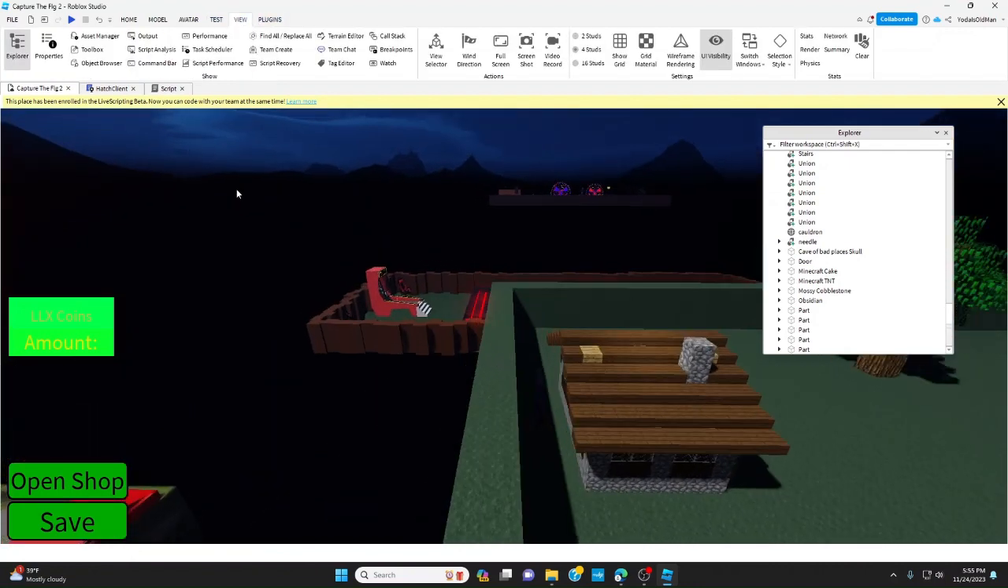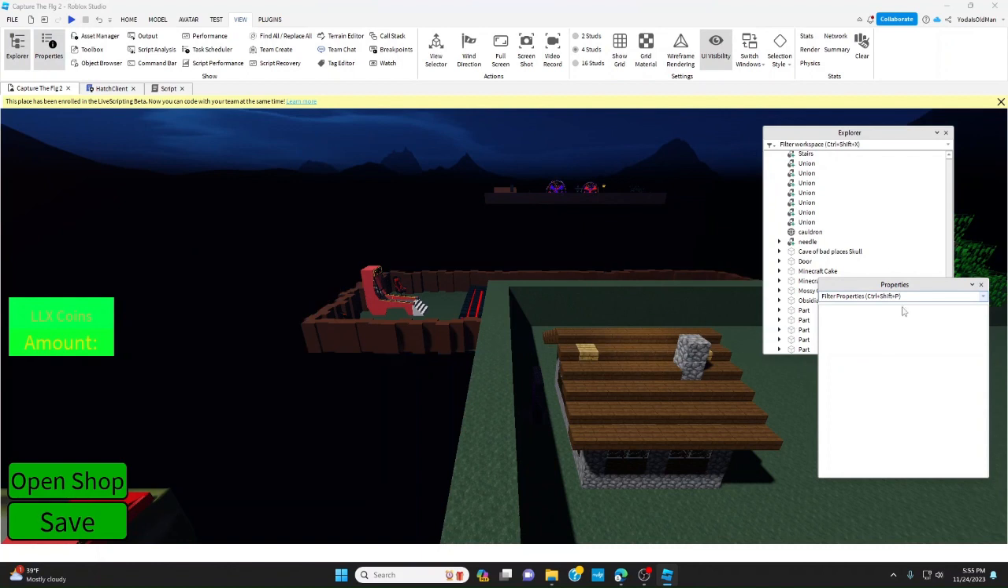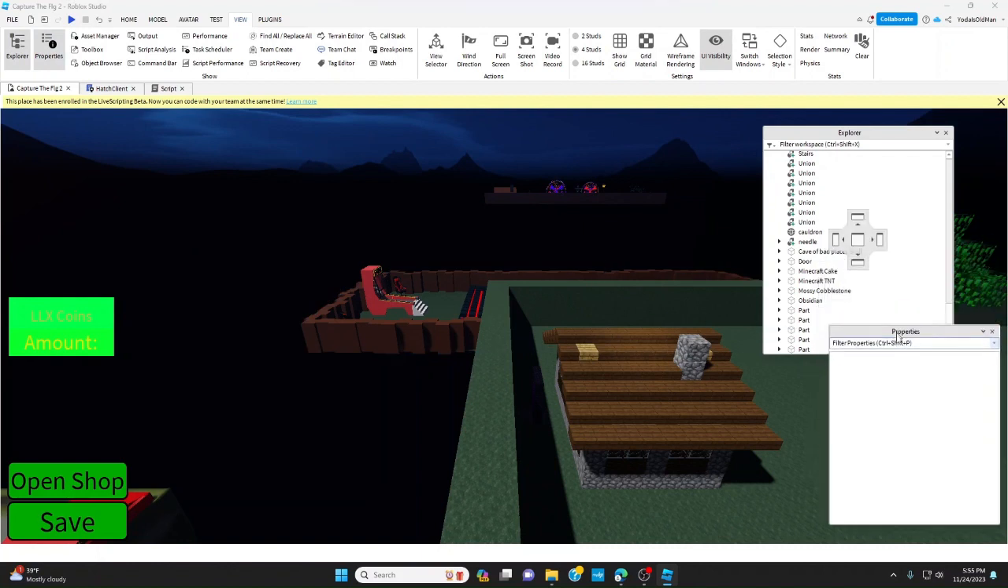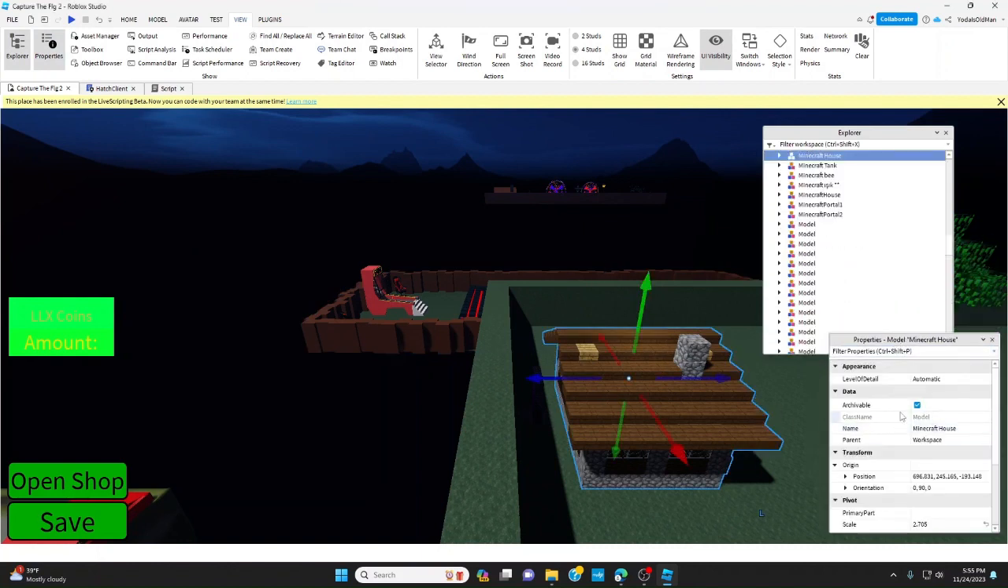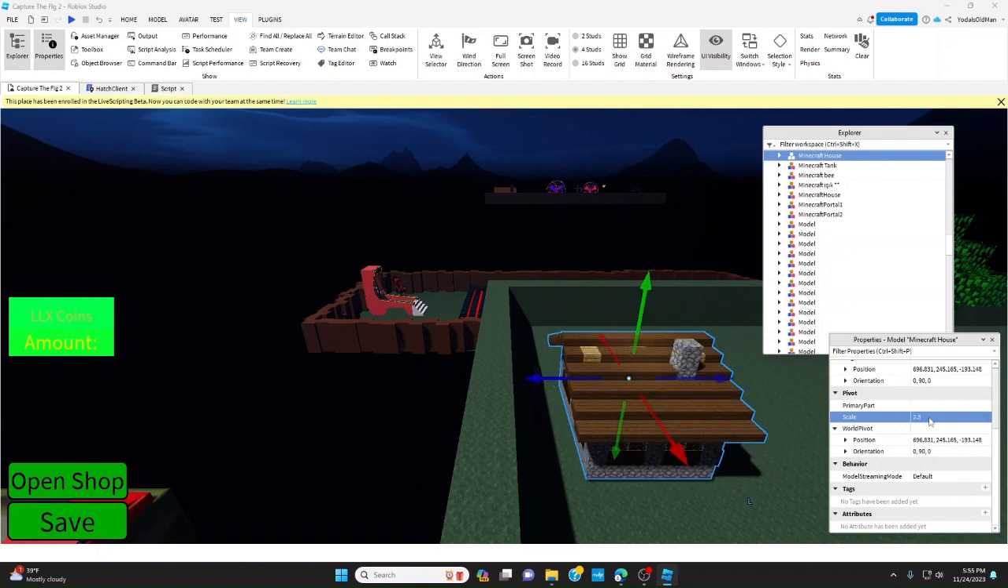Now view. We've already seen explore. Now I'll show you properties. Now look, it looks like properties are blank, right? Click on this house. You can edit the house. You can edit its scale. Let's do 2.5. And you can see how you can change the scale. A little smaller. I'll change it back to